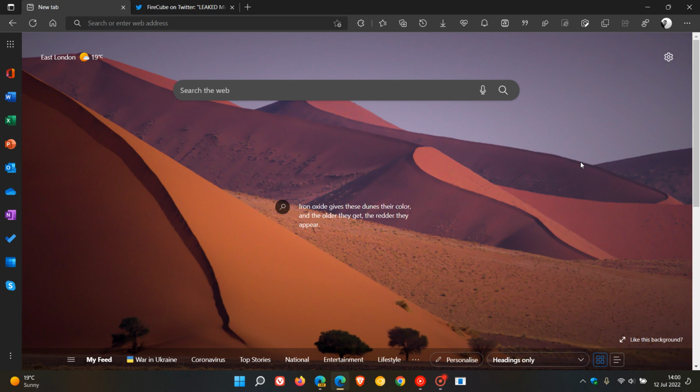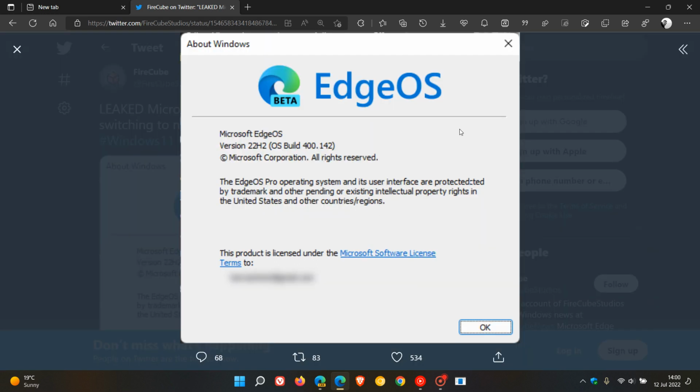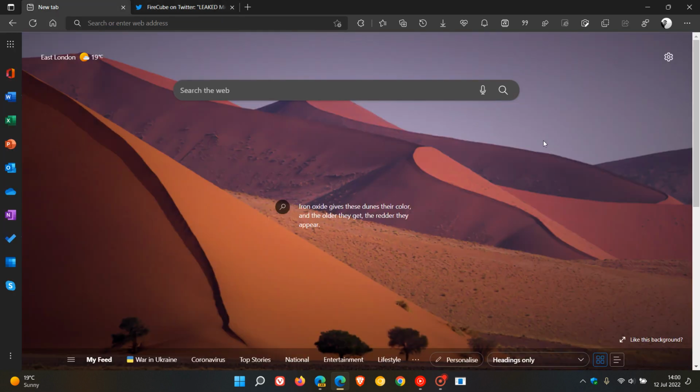So I thought that was just interesting, that leaked Microsoft plans to rebrand Windows 11 and the new EdgeOS, which, as mentioned, is not anything legit. This is a rip-off and a joke, but nonetheless, I just found it interesting due to the fact that Edge has become bundled, as some called it, with a lot of bloatware, and is becoming basically its own operating system.